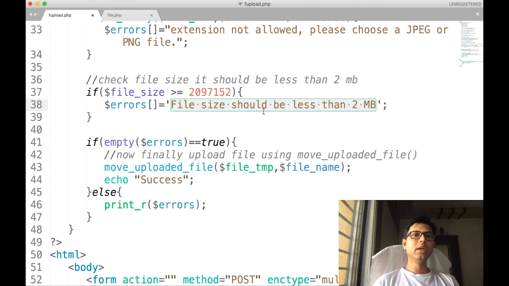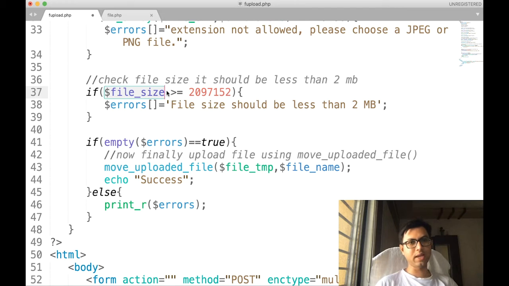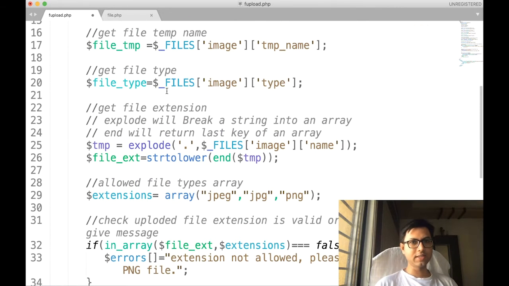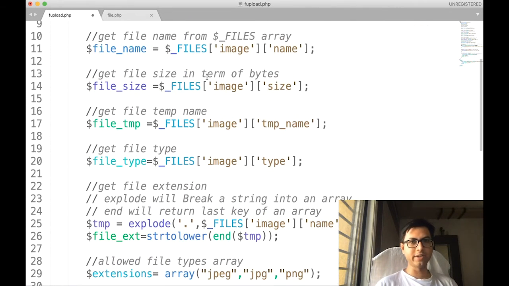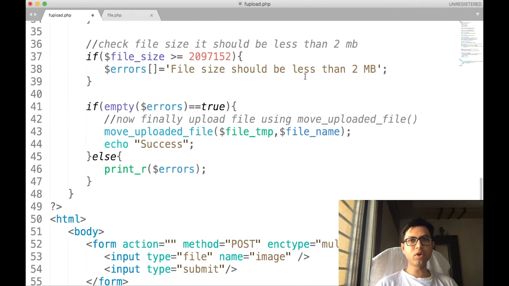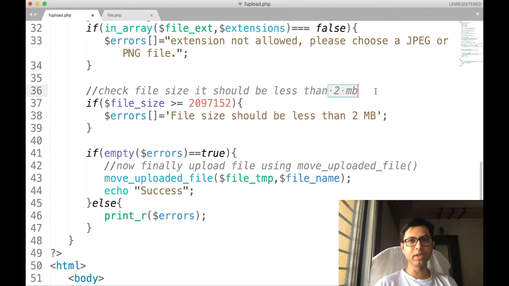Of course, in image uploads you have seen this criteria implemented on many websites. As I have said, this particular file_size stores the file size in terms of bytes. So if we want to limit it to 2 MB, then we have to write it in terms of bytes, that is this much, approximately 20 lakh bytes.